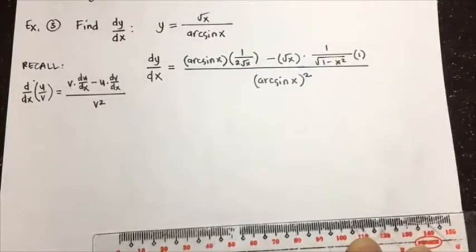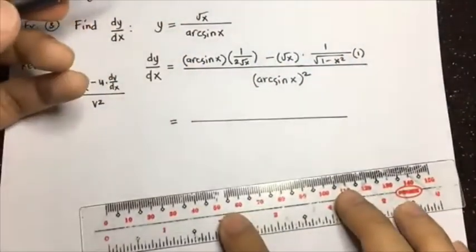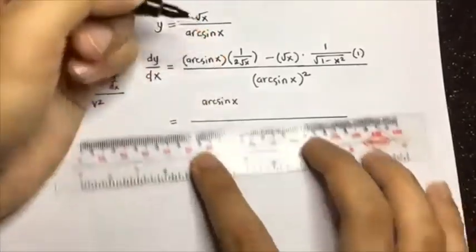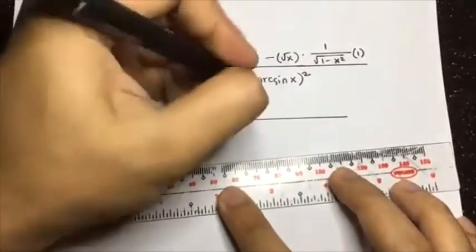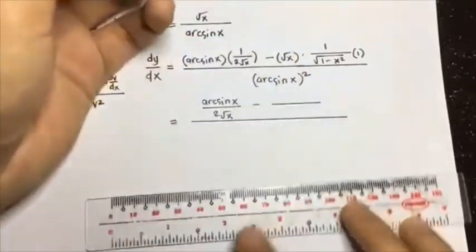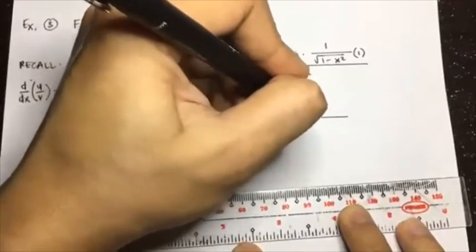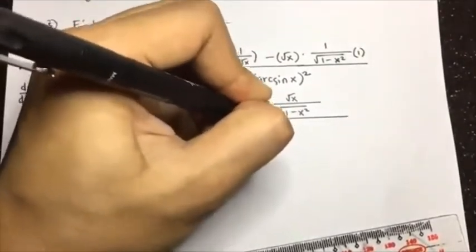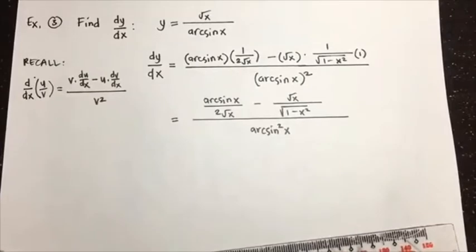Okay, and then let us simplify. Simplifying this will be arcsine of x over 2 square root of x, so minus square root of x over square root of 1 minus x squared over arcsine squared of x. Okay,